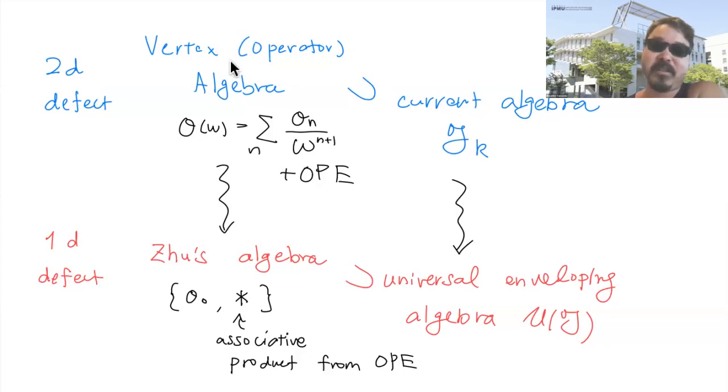So the two-dimensional defect is described by a vertex algebra, and a vertex algebra is described as a set of operators together with the operator product expansions. And the one-dimensional version, Zhu's algebra, is just to take the zero mode, one of the components, and then the OPE is translated into some associated product in this set of operators, O_0, which is one of the components of O(w). And so this is known as the Zhu's algebra. It's a well-defined mathematical concept, and for many vertex algebras, you can discuss it. There are explicit formulas, etc.